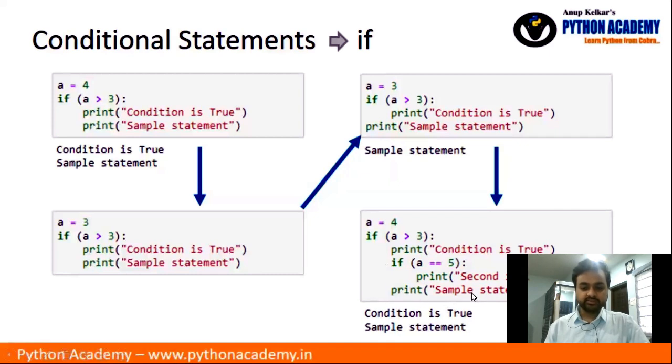Although the print sample statement over here, which is part of the first if block, is printed because this if condition is true. So anything which is indented once inside the block will be printed if it is true, and anything that is not part of the indentation, irrespective of whether it is true or false, will be printed, given that it doesn't fall inside the